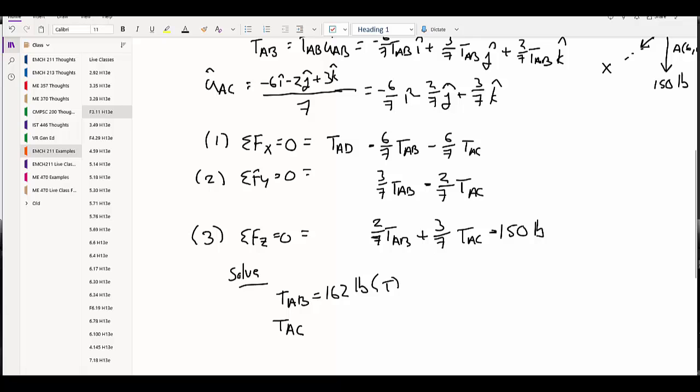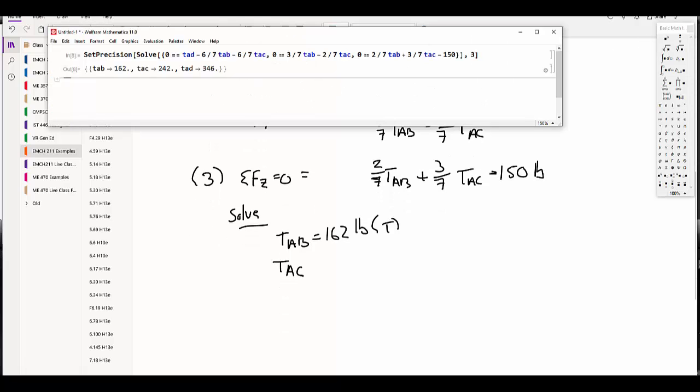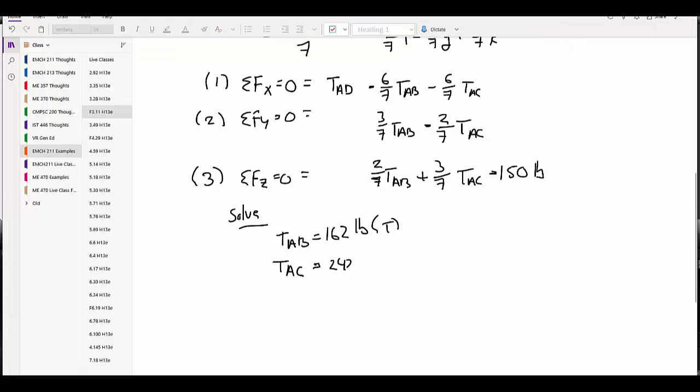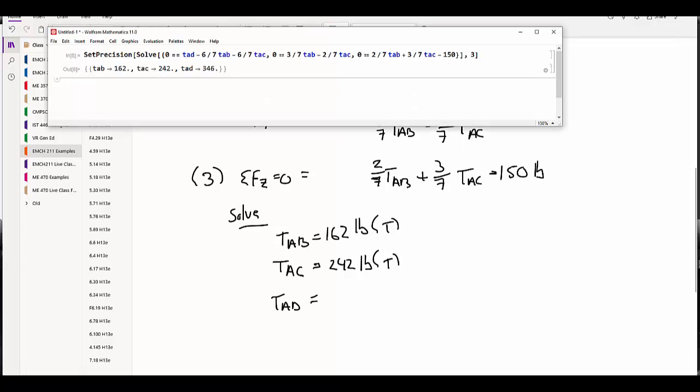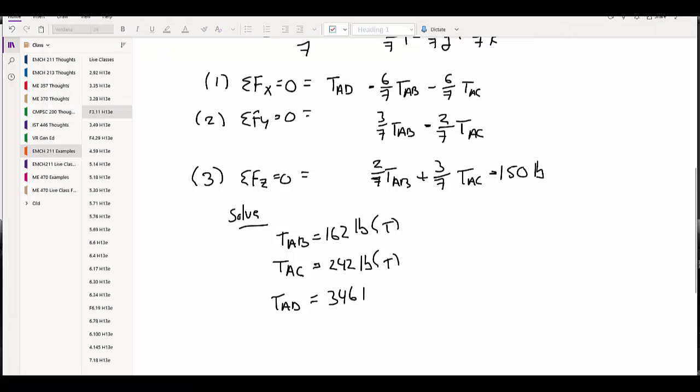TAC is going to be 242 pounds, also in tension. And we find TAD is 346 pounds. So we have the tension in those three ropes that we solved simultaneously with the three equilibrium equations that we